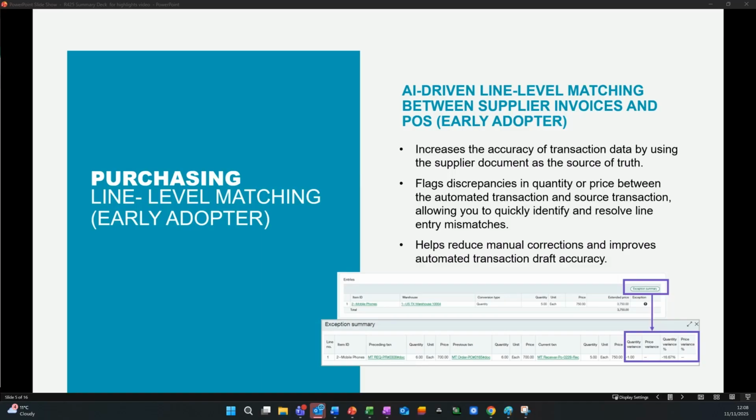It can then also flag discrepancies in quantity or price between those automated transactions and source transactions, which will allow you to quickly identify and resolve it. We actually will see an exception summary in line entries, so you can view that summary of exceptions where there are discrepancies between matched transaction lines. So for example, you had a purchase order that has an item price of £5, but the purchase invoice charges you £8 for that item. You can select to view the import exceptions and the exception summary, and the AI will flag that those lines